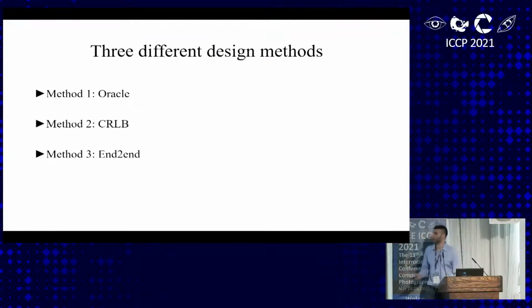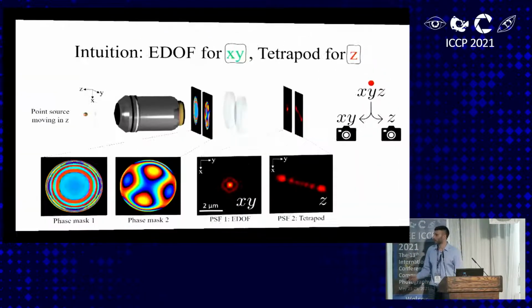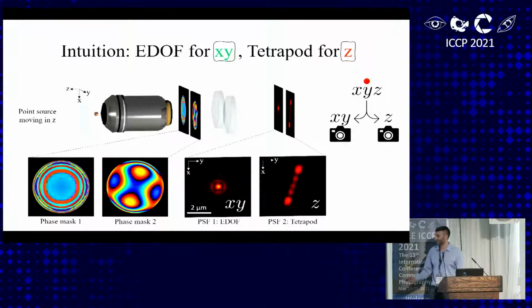And first, let us start with the intuitive one. In the first method, we design an extended depth of field PSF, or an EDOF PSF, that maintains a Gaussian-like spot across the entire Z range, regardless of the emitter depth. And we combine this PSF with the tetrapod PSF. So intuitively, we're splitting the localization problem into complementary channels, where the EDOF PSF encodes XY and the tetrapod PSF